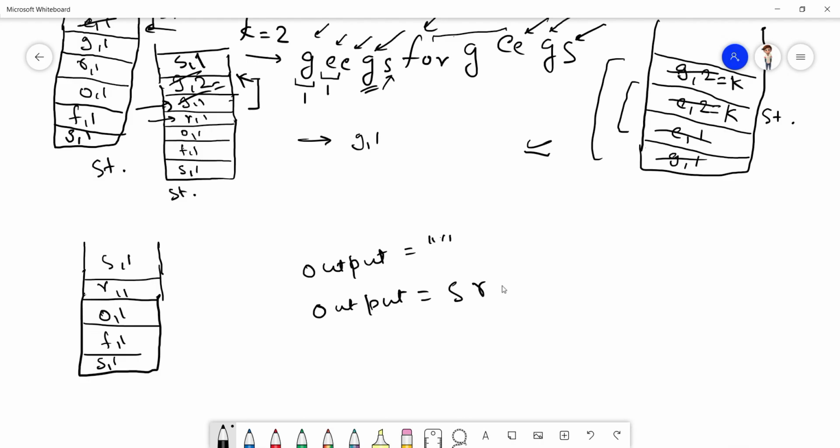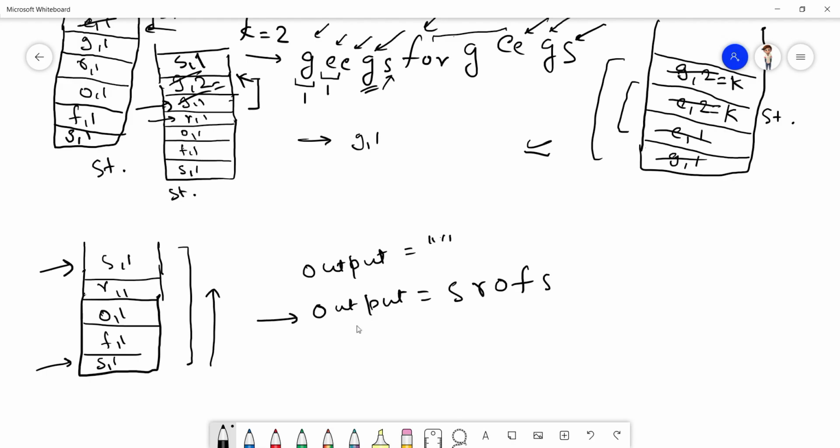Right. So this is our output string, but we know that the last element that has been pushed comes at the top, and the first element that has been pushed to the stack comes at the bottom. And we are putting the output string from top to bottom, but we have to go from bottom to top, right?